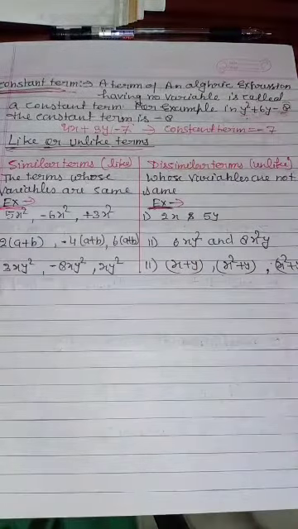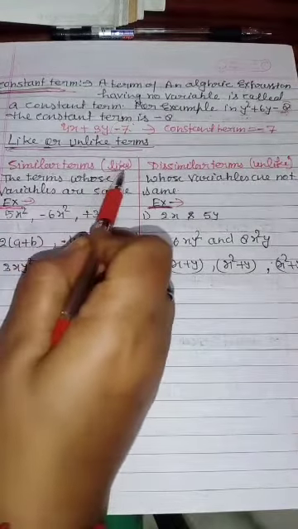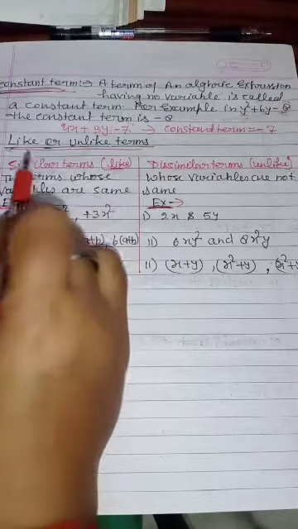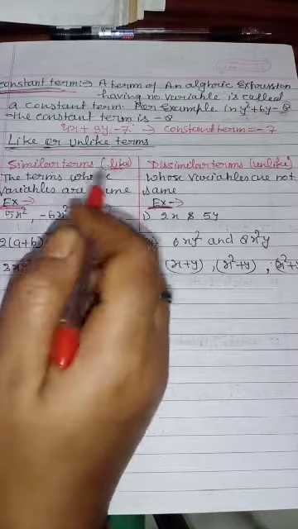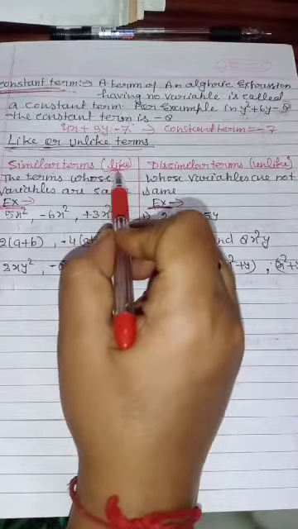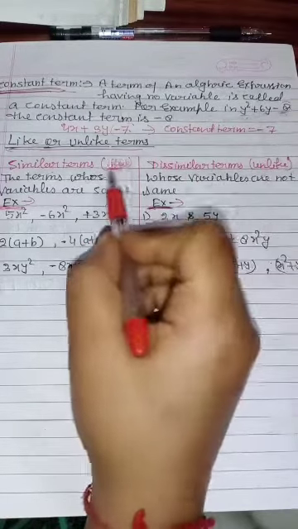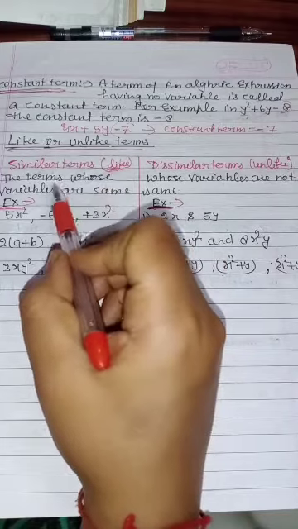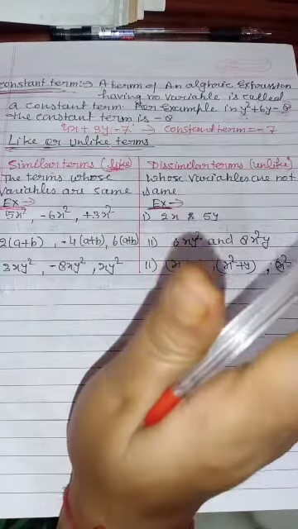Now we are coming to the questions also, and you will have all kinds of questions there. Then we will understand. Now see like terms or unlike terms, because addition, subtraction or multiplication we can do on the basis of like and unlike terms. So it is necessary to understand what are like terms and what are unlike terms. Like terms means the terms whose variables are the same.